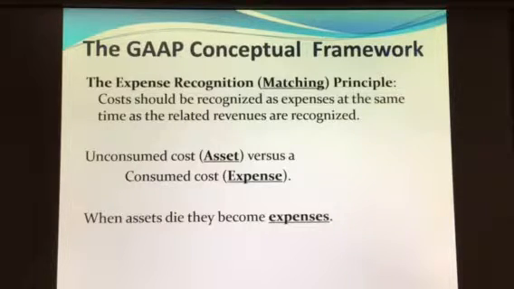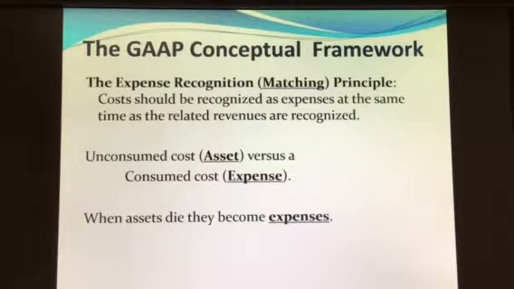In one sense, an asset exists with a purpose of waiting to be sacrificed. It's a store of value waiting to be sacrificed in exchange for revenue. Whereas when that bag of Doritos is sold, then it's been sacrificed in exchange for revenue. So the company would record the revenue, but they'd also have to move the cost of that bag of Doritos from the category of an asset, specifically inventory, to the category of expense.